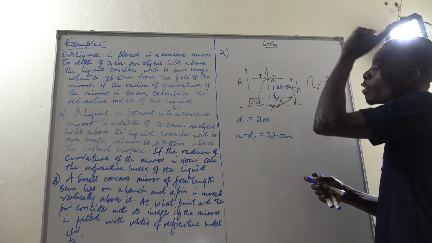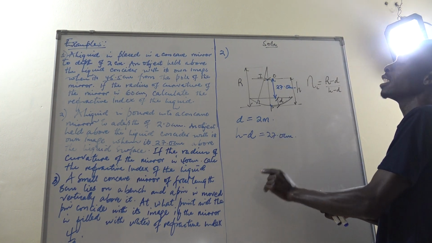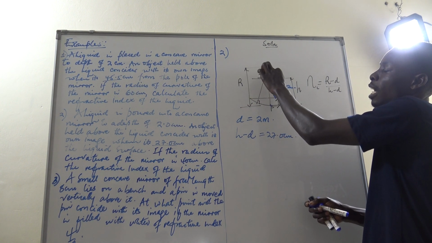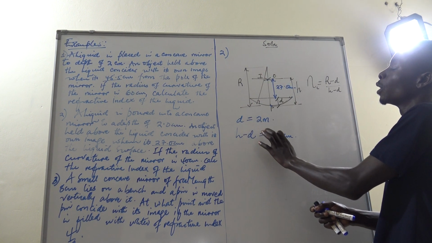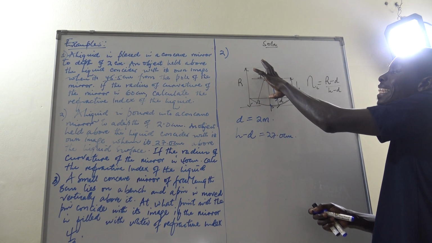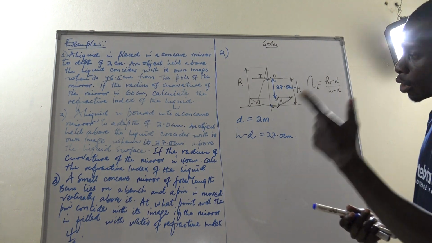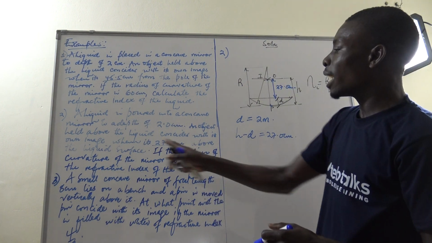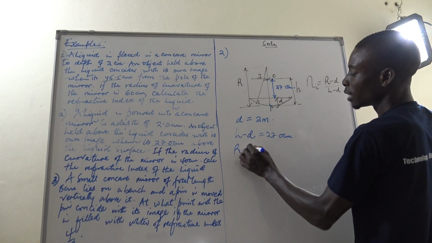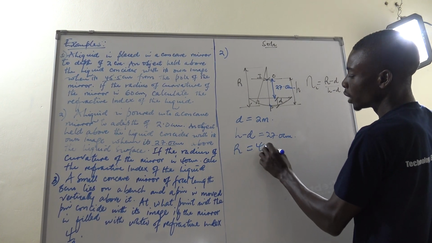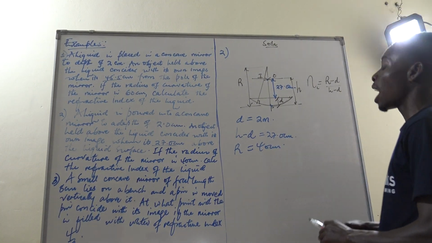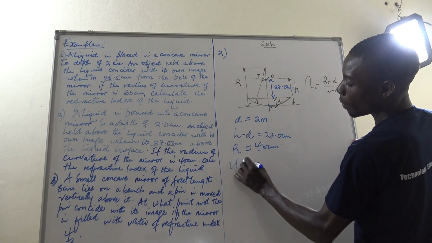And we're saying for it to qualify to be called the h, it was supposed to be from the pole. So if it is from here up to here, then we say it is not h equal to 27, but it is h minus d to remain with this depth here. Okay, we can then say if the radius of curvature of the mirror is 40 centimeters, r has been given as 40 centimeters, and then I say calculate the refractive index of the liquid, and then we still fall back